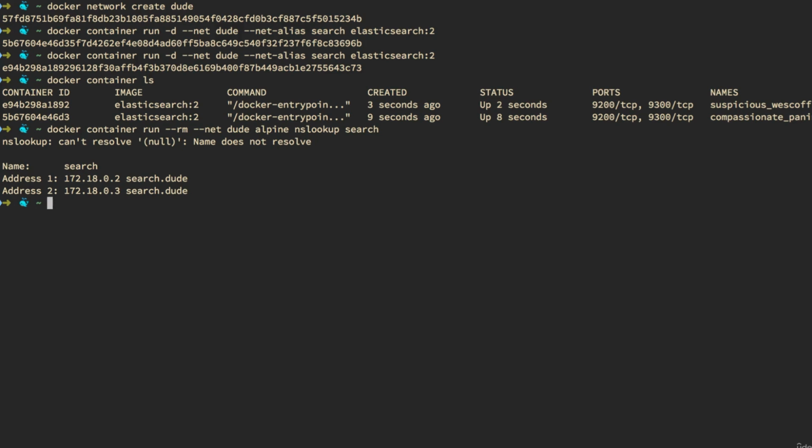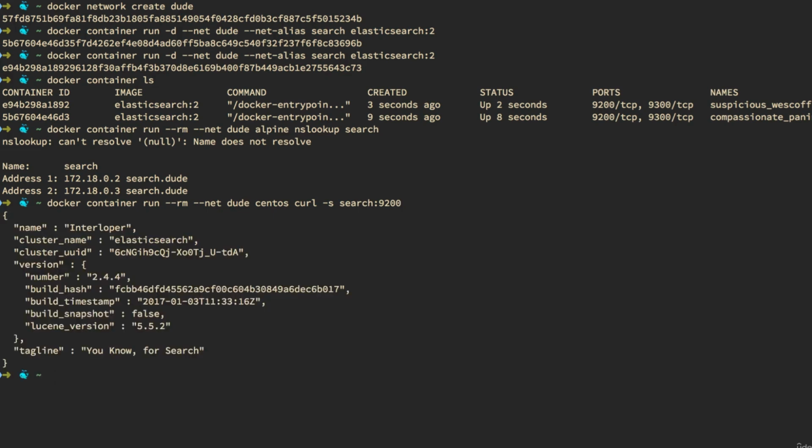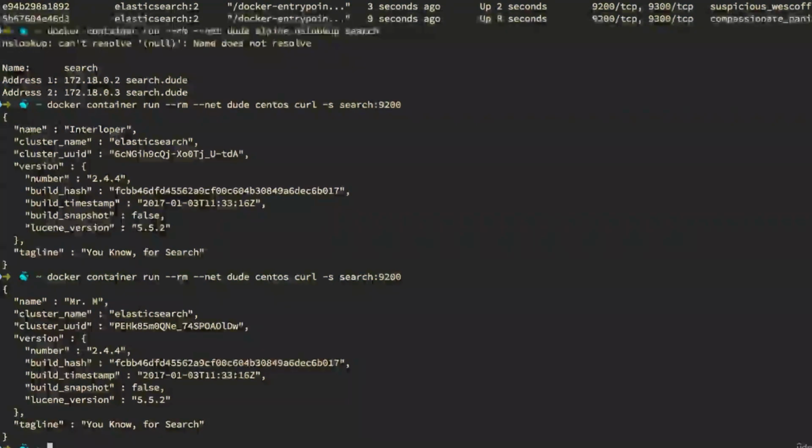And for the next one, docker container run --rm --net dude centos curl -s search:9200. All right, that'll get me back the Elasticsearch server named Interloper. And if I run it again, I get the other one, Mr. M. And you'll notice that there's also a unique ID for each one of these,